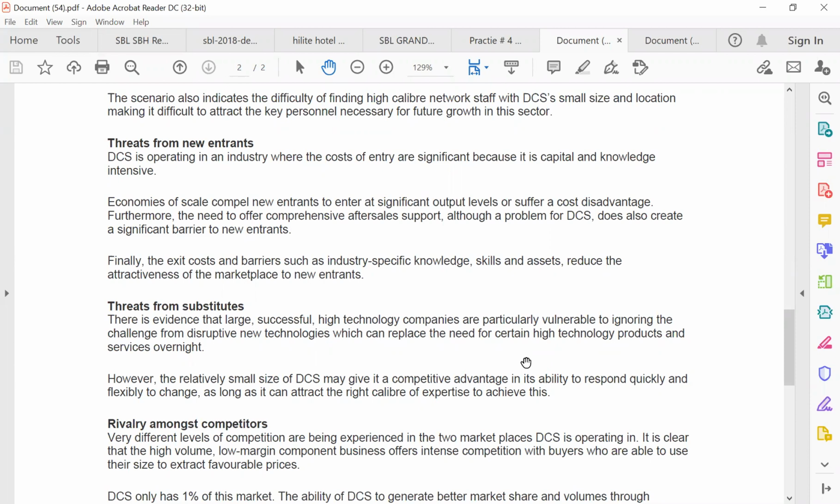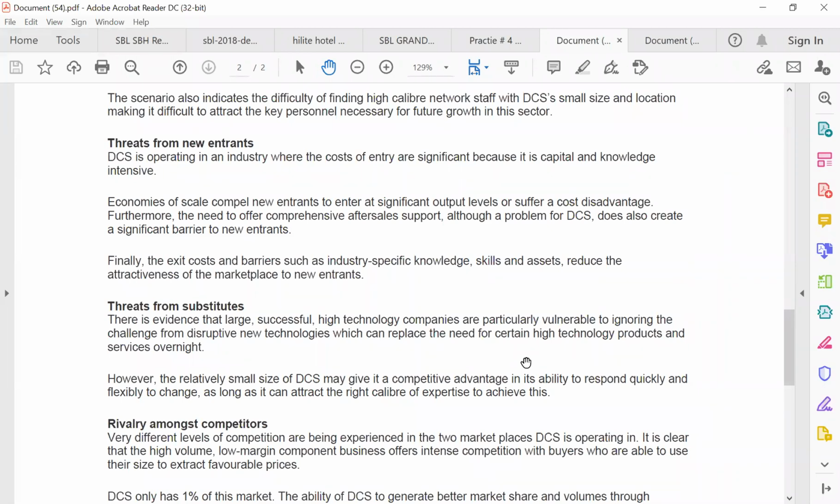And we have threat from substitutes. There is evidence that large, successful, high technology companies are particularly vulnerable to ignoring the challenges from disruptive new technologies, which can replace the need for certain high technology products and services overnight. However, the relative size of DCS may give it competitive advantage in its ability to respond quickly and flexibly to change, as long as it can attract the right caliber of expertise to